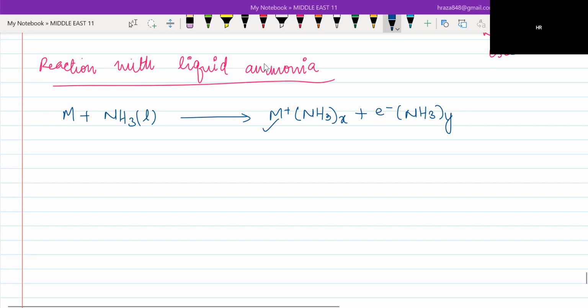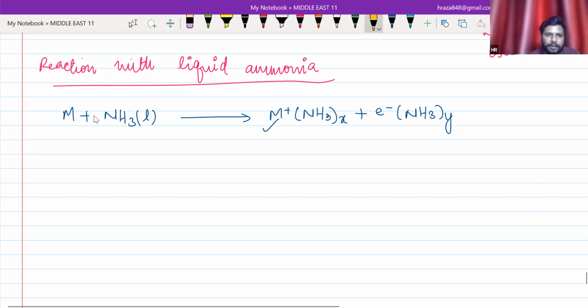Very good. Now see basically what happens here. Just take the stoichiometric coefficients x plus y, so that NH3 is balanced. Here the metal will lose one electron to become M plus, and NH3 will come to the metal, and the electron combines with another NH3, that is y times. This electron is very important, and we can write